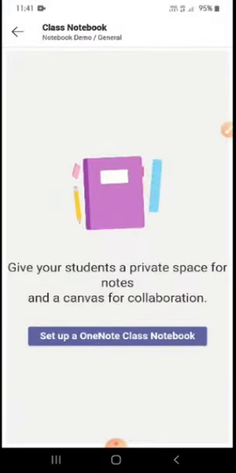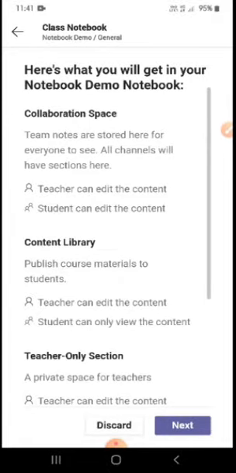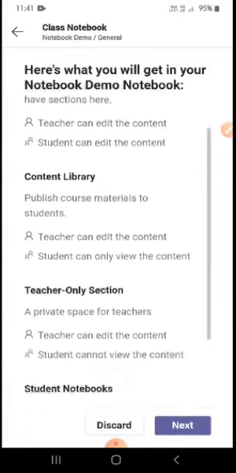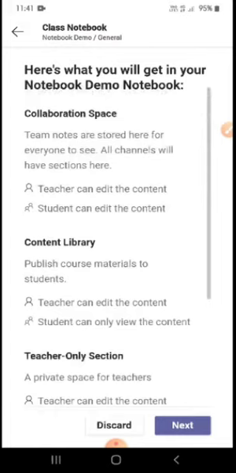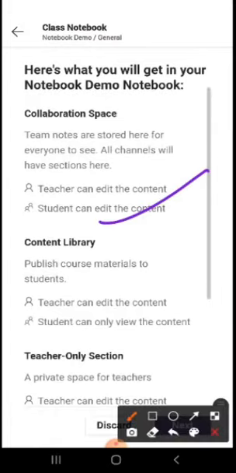We are here to set up a OneNote Class Notebook. My notebook is divided into four sections. First is Collaboration, which is common to all. Common to all means whoever